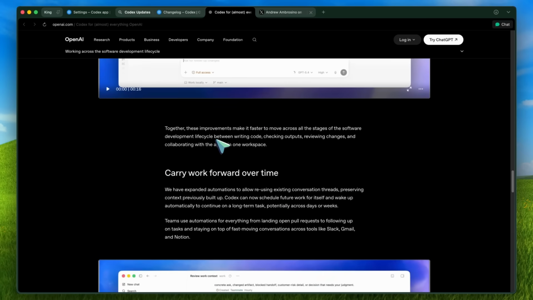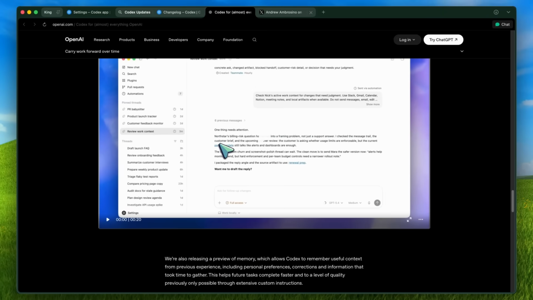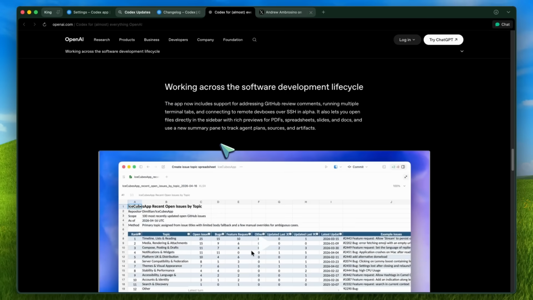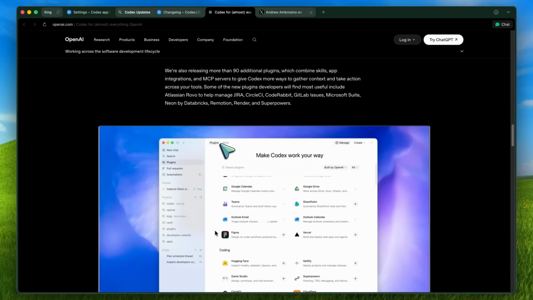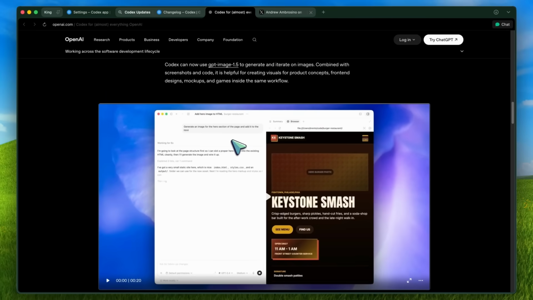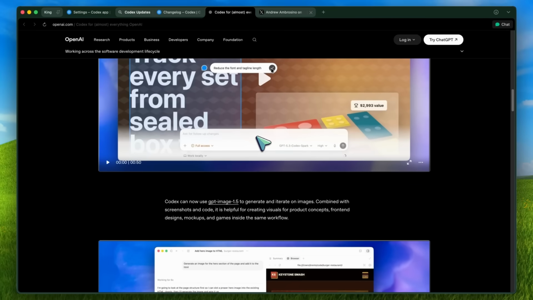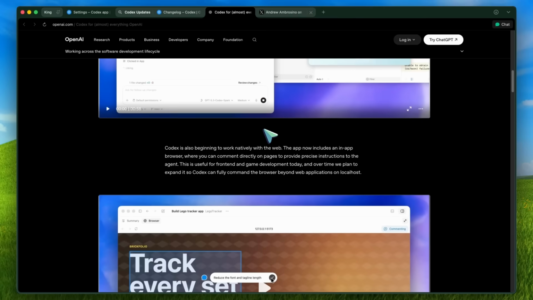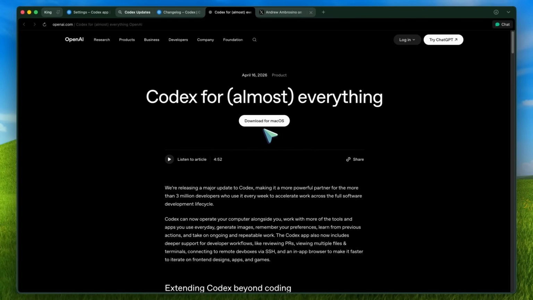That means it can help with GUI-only bugs, app settings, simulator flows, and other stuff where there isn't just a clean terminal command. Then they added chats, which are threads that don't need a project folder first, so you can use Codex for research, writing, planning, analysis, or collecting sources without forcing everything into a codebase. They also added thread automations, so a thread can wake itself up on a schedule and continue from the same